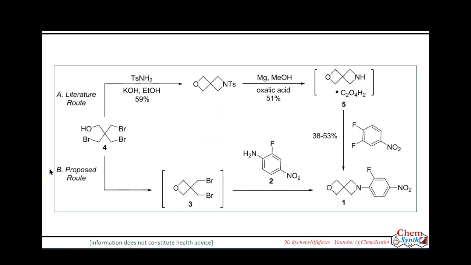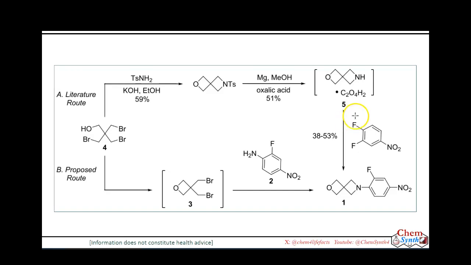So let's discuss some earlier reports. So this is the process, a three-step process, where this tribromo neopentyl alcohol was used as the starting material to react with this para-toluene sulfonamide in presence of base, which closes both the oxetane and N-tosyl substituted azetidine ring, and treatment of magnesium in alcohol helps detosylation,